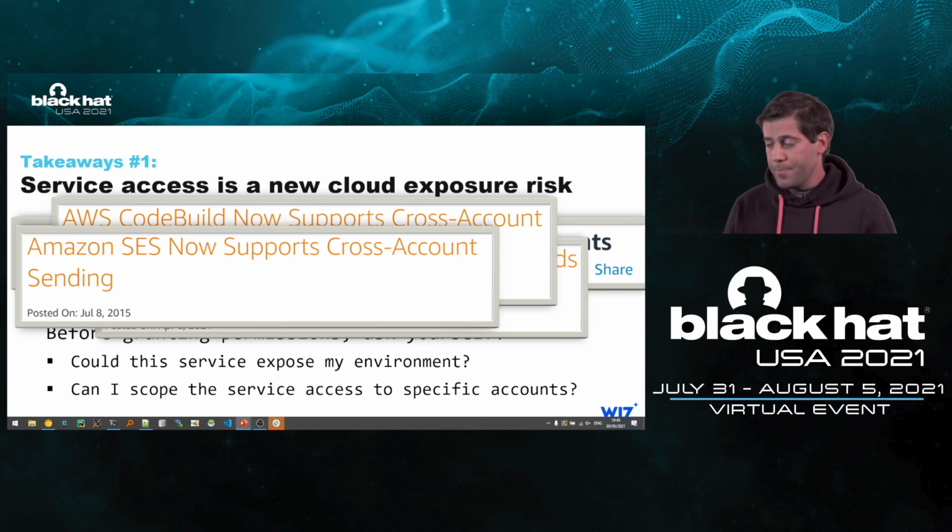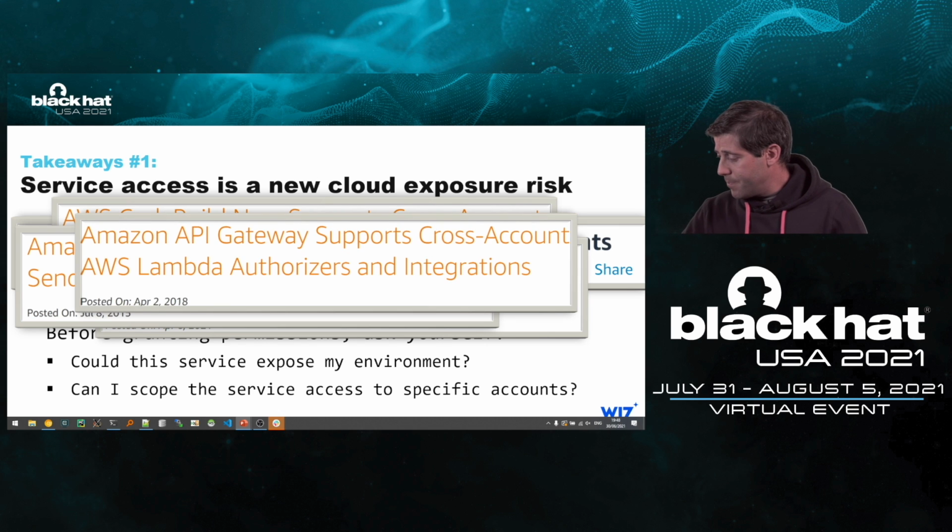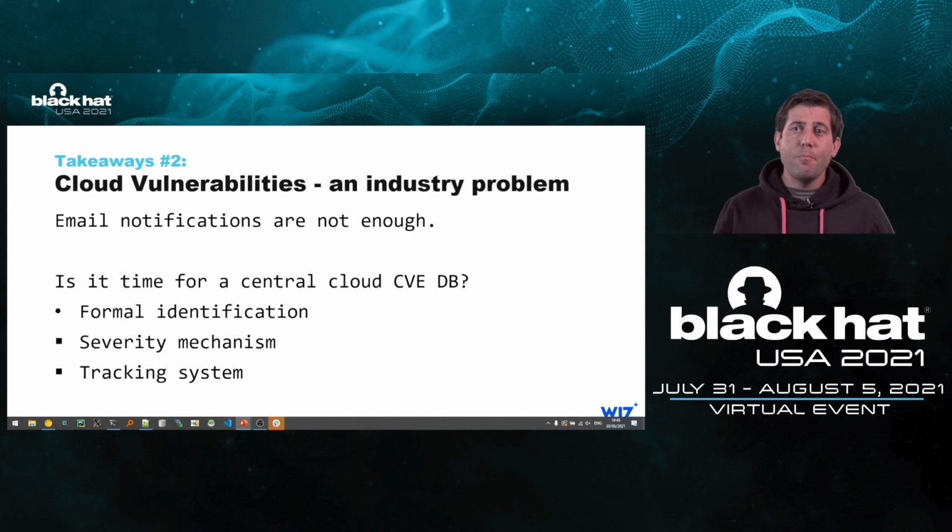And that led us to the second takeaway. And I think this takeaway is probably bigger than the specific research that we did. This is around cloud vulnerabilities. The process is broken. Email notifications are definitely not the solution. We cannot expect a security team to track email notifications, usually don't even get them. And there's hundreds of changes in cloud providers every day. They don't even know the security implication. How can we expect the security teams to track that? And even more than that, we are a cloud security company.